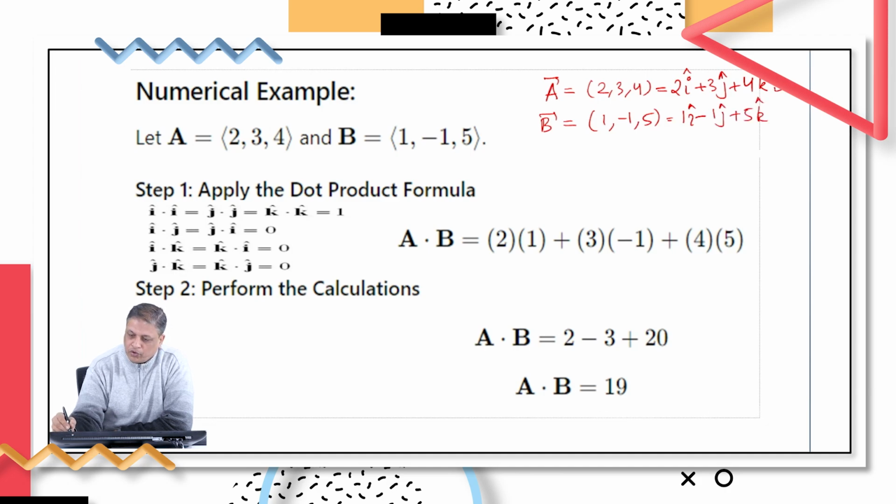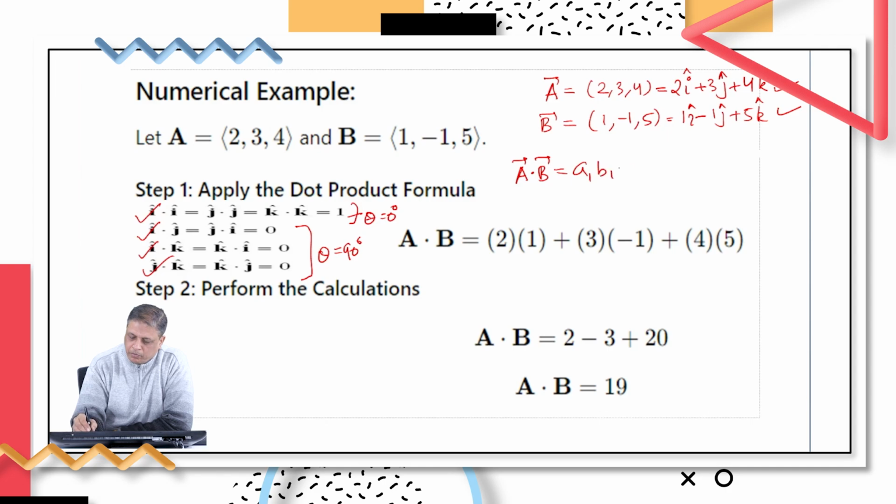So in the component form, this is the representation, and we know these properties. These properties are i dot i is equal to j dot j is equal to k dot k is equal to 1. But other things like i dot j, j dot k, k dot i are all 0 because the angle is 90 degrees. And over here the angle is 0 degrees. So as a result, applying the component form, we learned that A dot B will be equal to